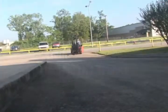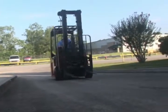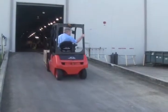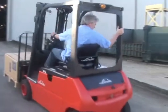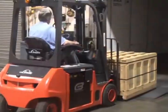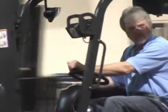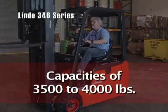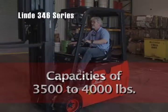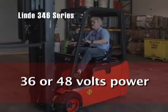Linde compact electric trucks lead the way with unique and exclusive technology. The 346 series, E18, E20, and E20CP establish a new standard for performance, efficiency, reduced maintenance, and unbeatable operator comfort. Key truck characteristics include the following: capacities of 3,500 and 4,000 pounds, chassis width of 42 inches, 36 or 48